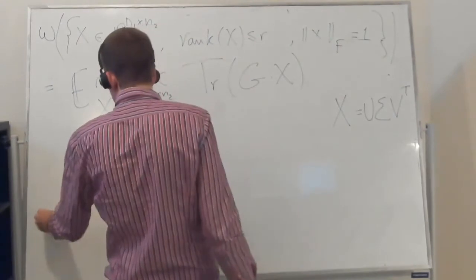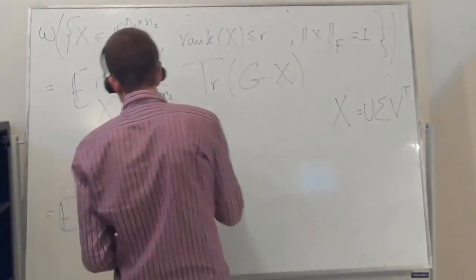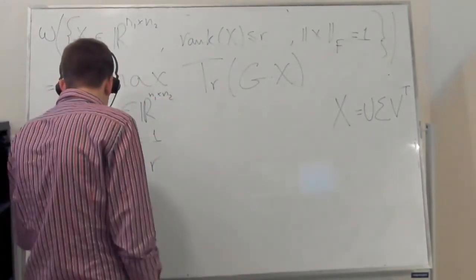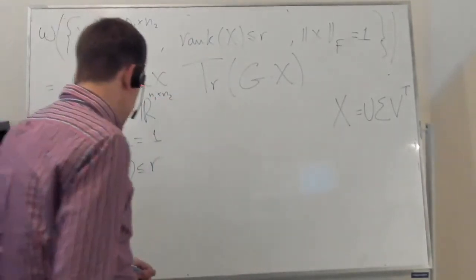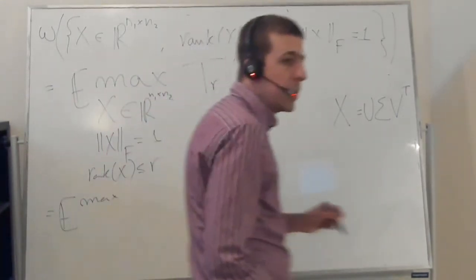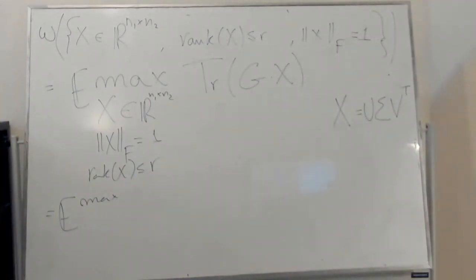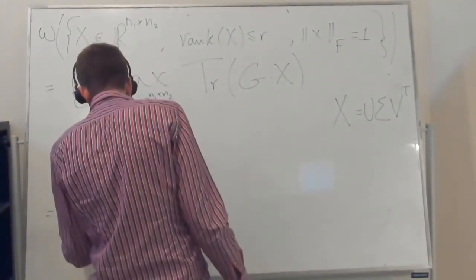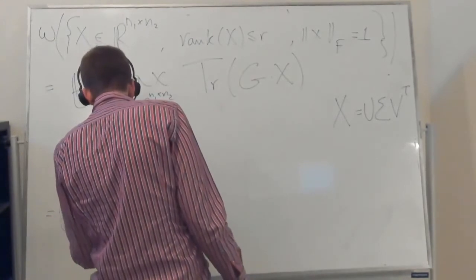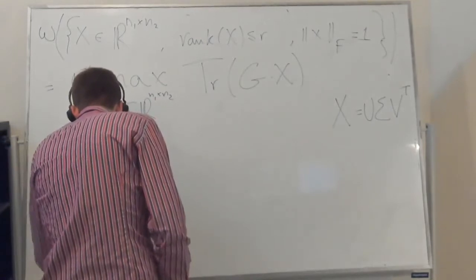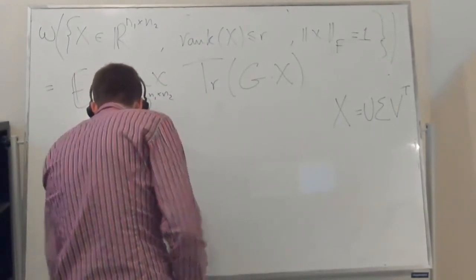So this is the maximum over, I won't worry about the dimensions anymore, where U is orthogonal, like the part of the SVD. So U transpose U is identity, V transpose V is identity, sigma is diagonal, and the rank of sigma is smaller or equal than R,